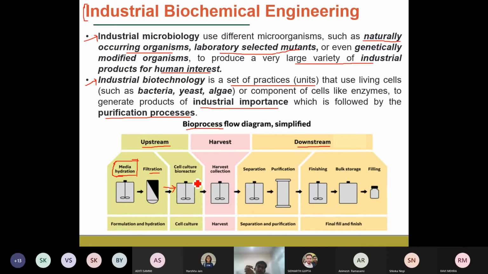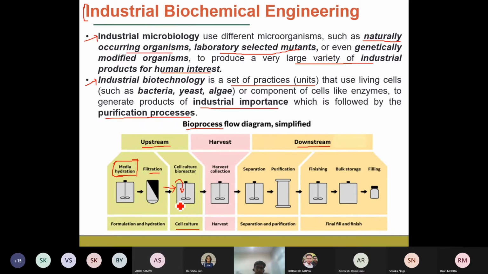In this case, a pre-culture is made. So what is a pre-culture? Maybe you can imagine that you have 10 cells of a bacteria. Those 10 cells of the bacteria are inoculated into the bioreactor. So what is an inoculation? Inoculation is a process by which we can increase the concentration of the microorganisms or the bacteria in a culture. There are different techniques of doing that. We have serial dilution.